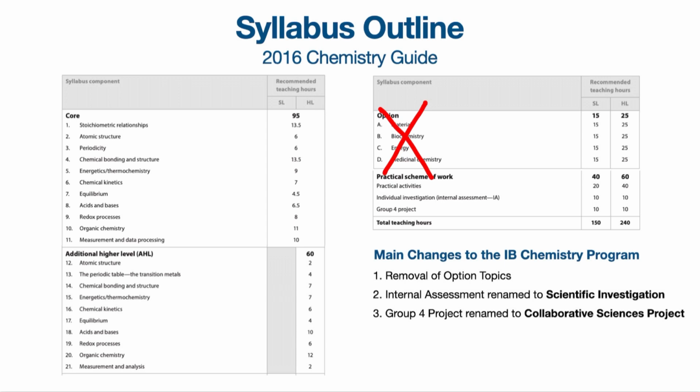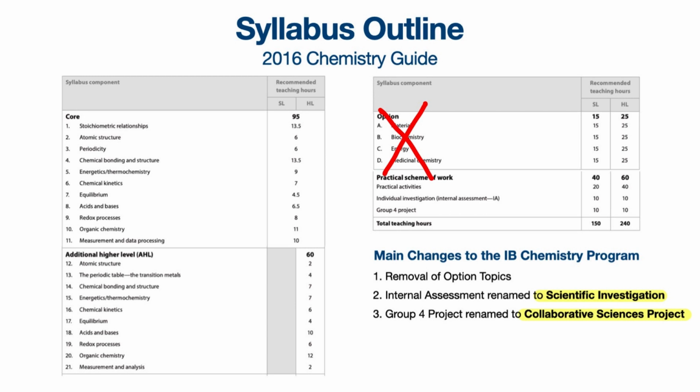Next, the internal assessment, otherwise known as the IA, has been renamed to the scientific investigation. Further on in the video, I will specifically talk about this investigation and how it differs from the previous IA. Lastly, the Group 4 project has been renamed to Collaborative Sciences Project. I believe that this collaborative science project, in a sense, is similar to the Group 4 project. This project will still be an interdisciplinary sciences project that will help students explore real-world problems through ranges of subjects